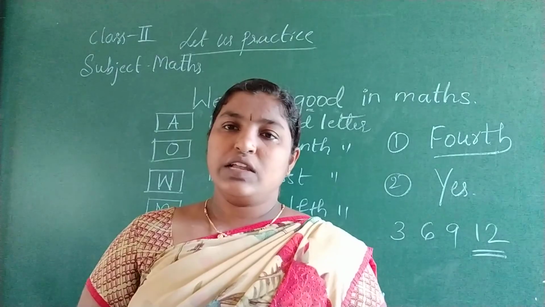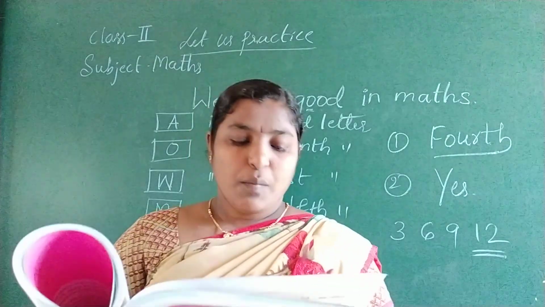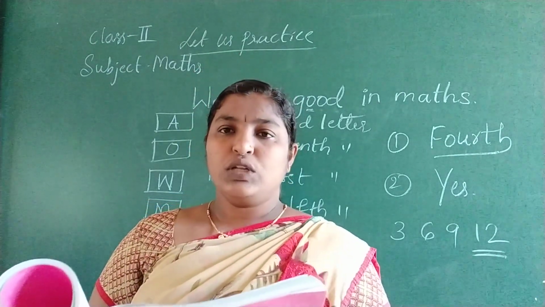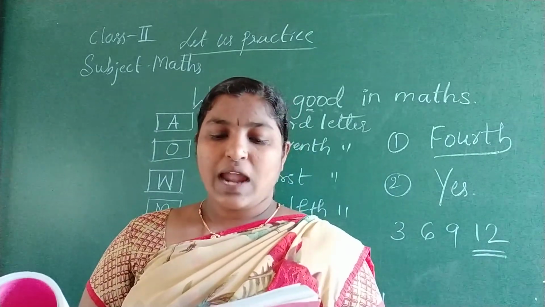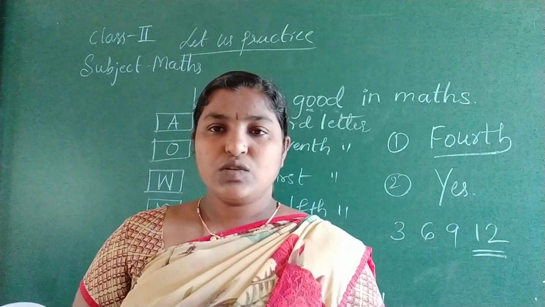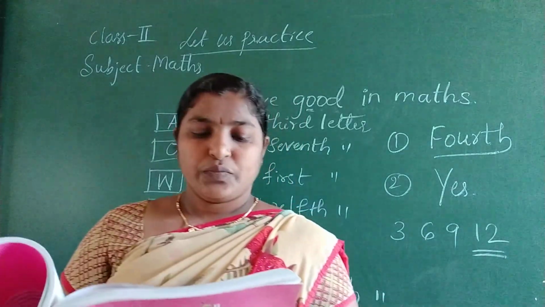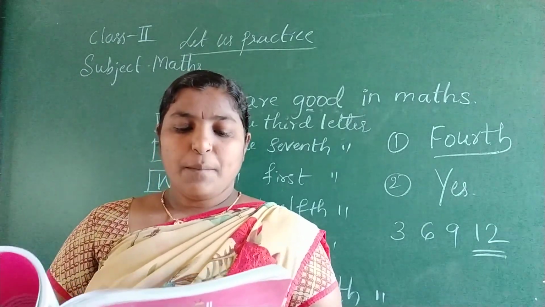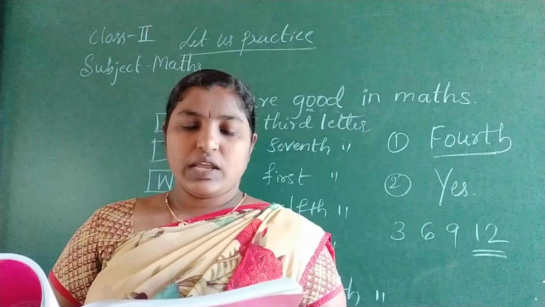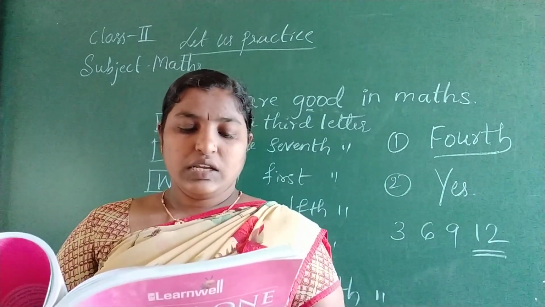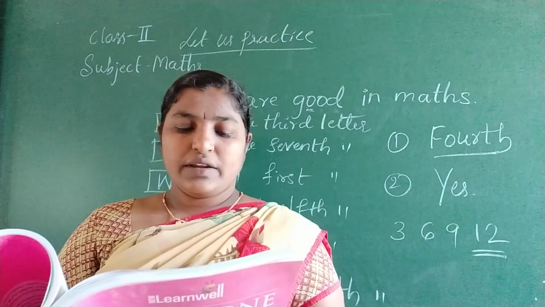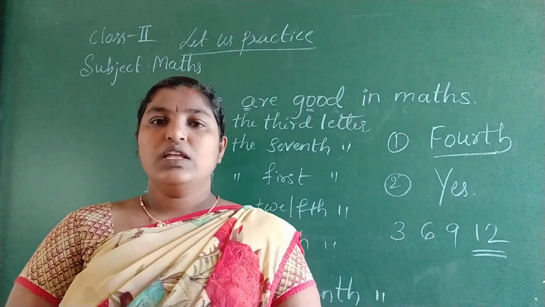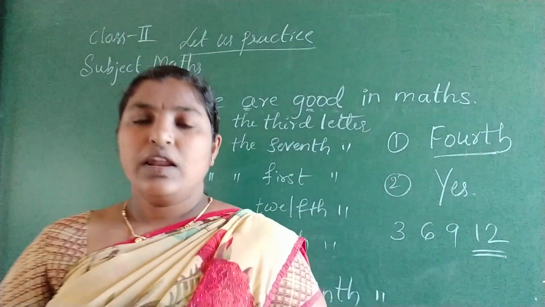What will we learn in this lesson? Let's see, page number 182. Reading and writing the numbers up to 1000. Number names and numerals. Expansion of numbers with respect to place value. Counting and regrouping into hundreds, tens and ones. Comparing numbers using place value, counting in different ways. Ascending and descending order, forming the greatest and the smallest numbers with and without repetition. Okay, all these things we will learn in the next class.